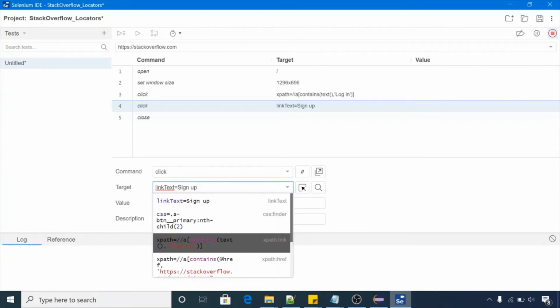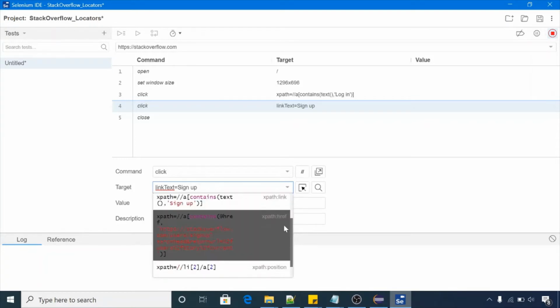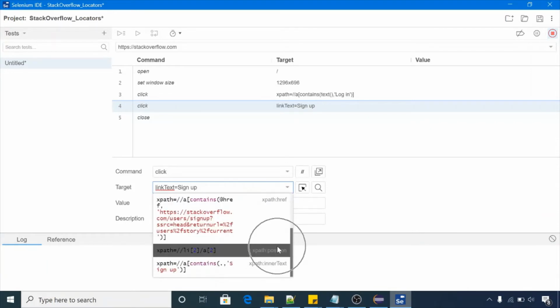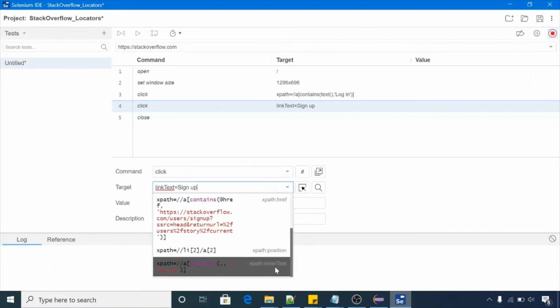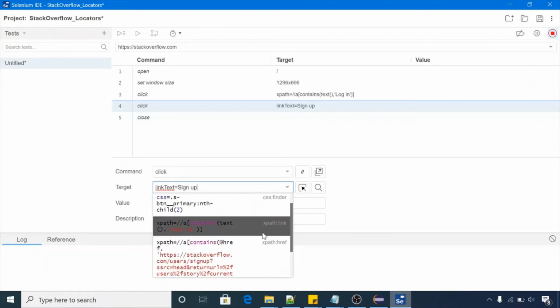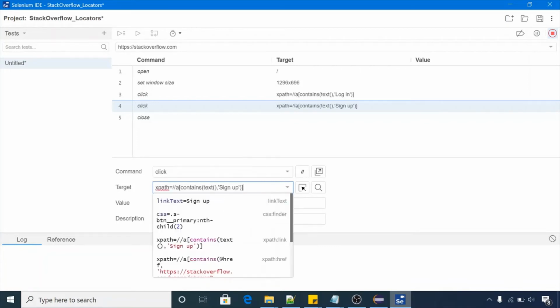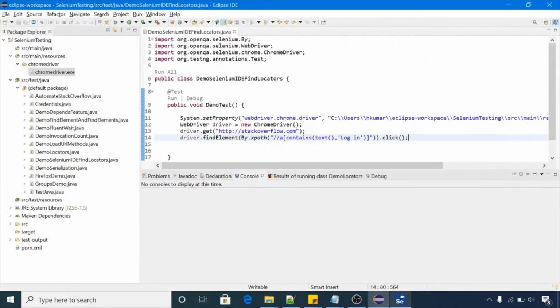Like I told you, in your HTML DOM, for every HTML element there are multiple attributes, right? This is with the link attribute, this is with the href attribute, this is with the position attribute, and this is with the inner text attribute. So go with the first one, this one. Let's suppose we want to use XPath, so we can click on this, and this is the XPath to click on the sign up button. Copy this XPath and we will use it in our script.